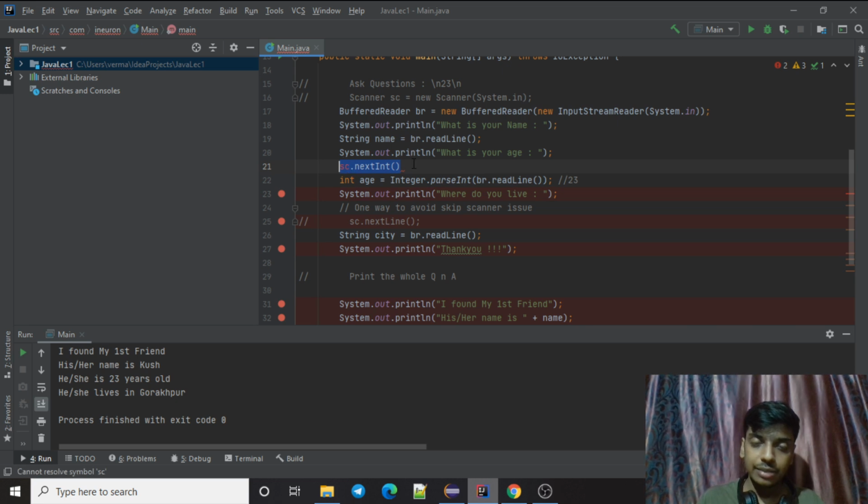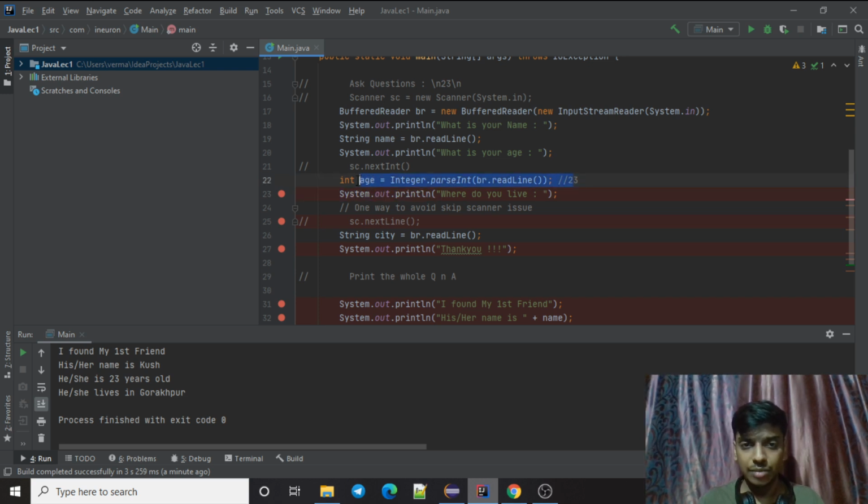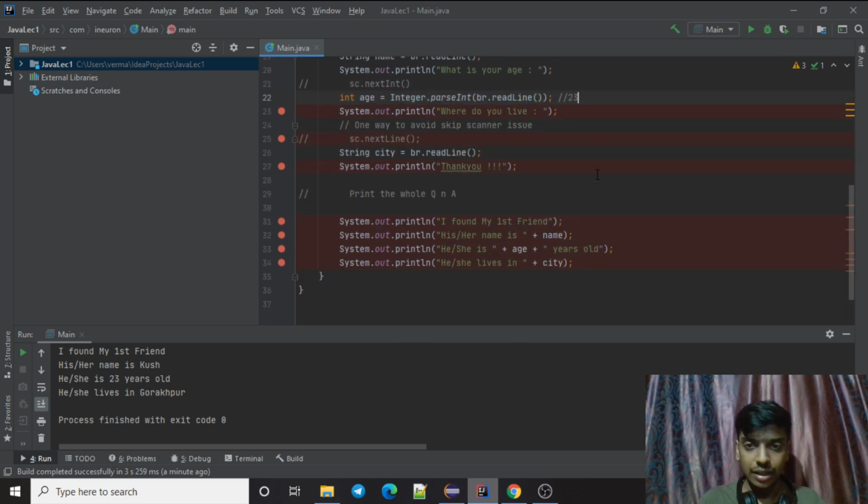What this means is you will input an integer. That integer will come as a string, and internally scanner will convert it into an integer and then assign it to the age, and that's something your internal Java has to do, and that will take some time. But when you are using buffer reader, you are converting this same thing in the code only, so that will make your code run faster, because Java internally does not have to work a lot in that case. That's why buffer reader is much faster, and it also uses a buffer, as the name suggests. So you should always use buffer reader. It is faster and less error prone.